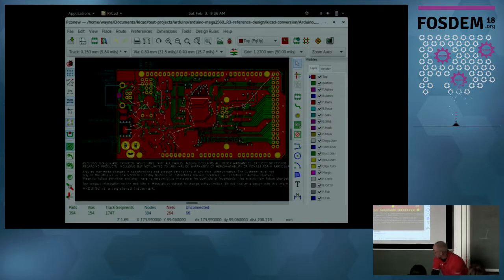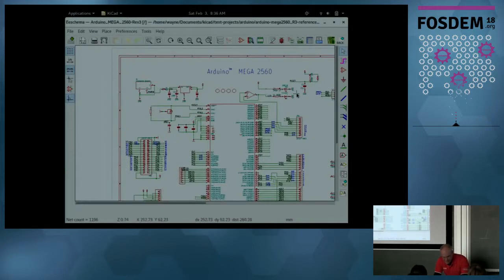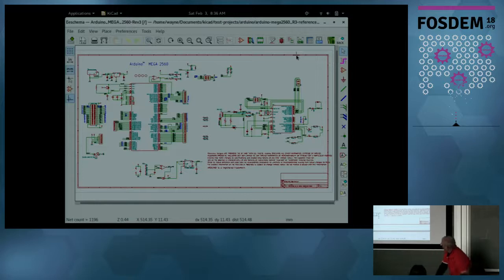And now this is a KiCad board file. I can save that, and if you look, I also have the schematic as well. There's the full schematic. Now, some things don't quite come out perfect. The text tends to be a little small, and some of the title blocks don't come out quite right. So it's not perfect, but this is now a full-blown KiCad project with all the libraries copied over